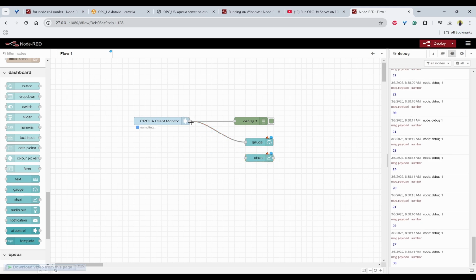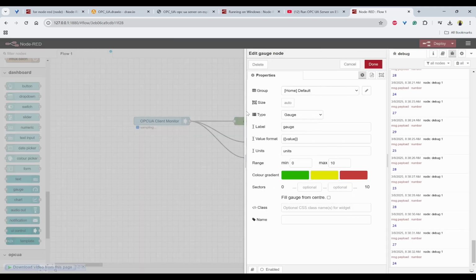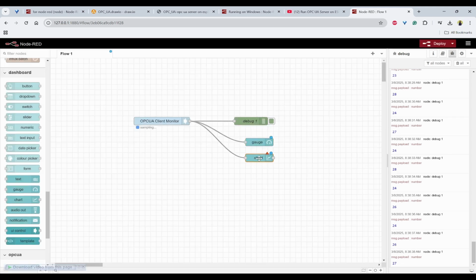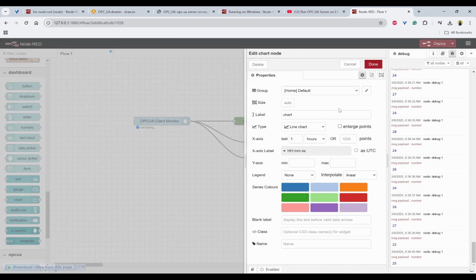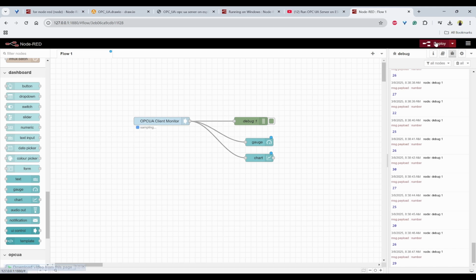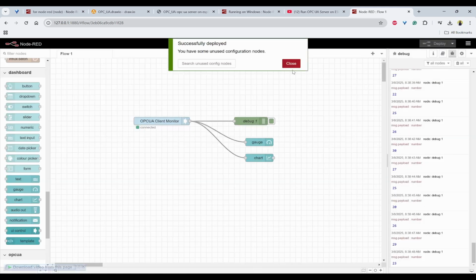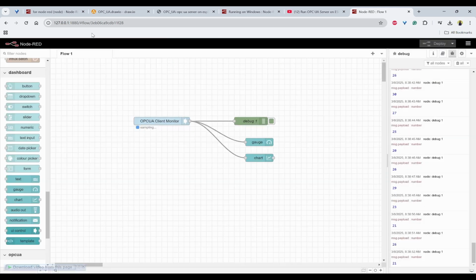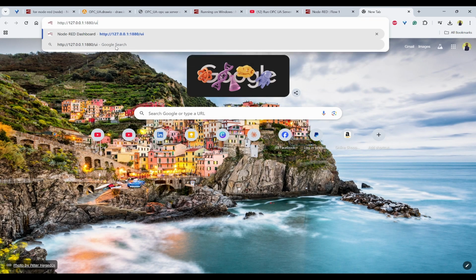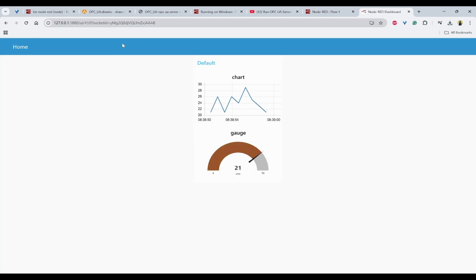I'll connect the client monitor values output to the gauge and chart and first configure that. Here I can leave it as it is, click on done. Then in the chart as well, I can click on done and then deploy it. After this, you just need to copy the URL and at the end, you need to use UI.